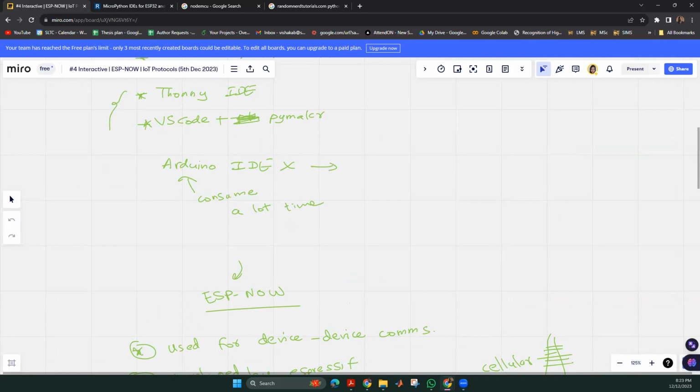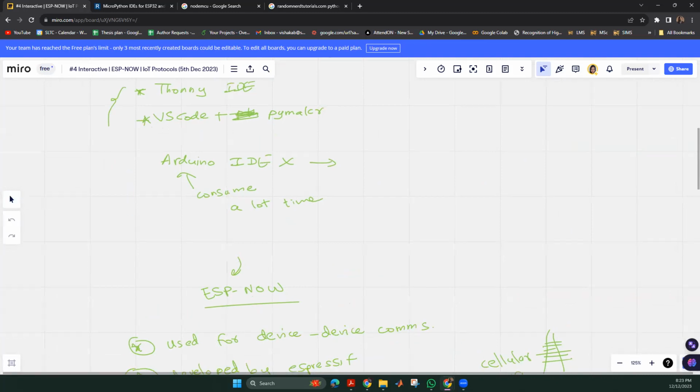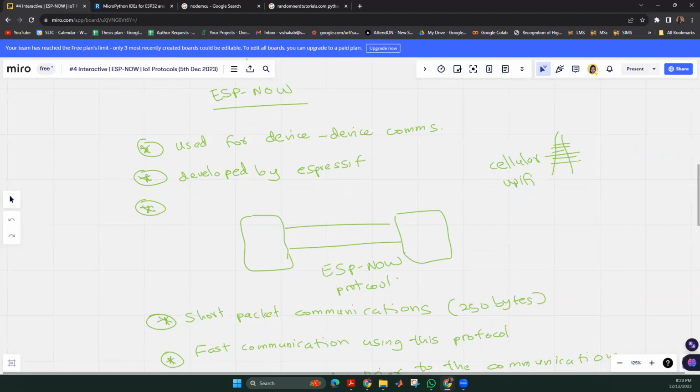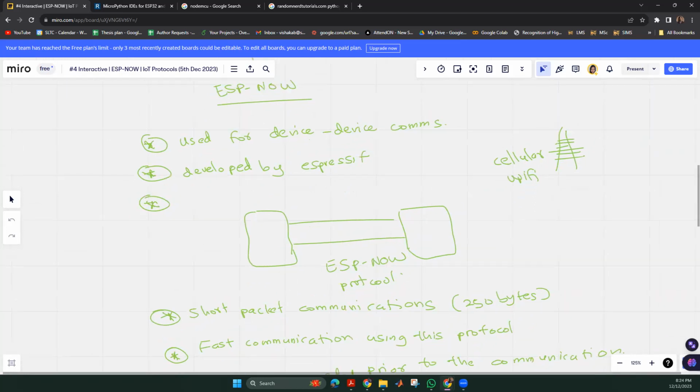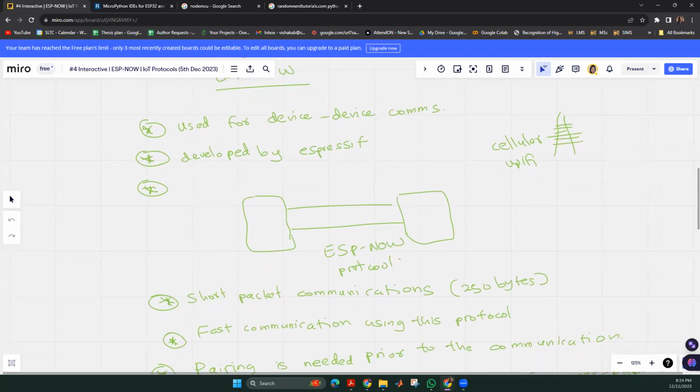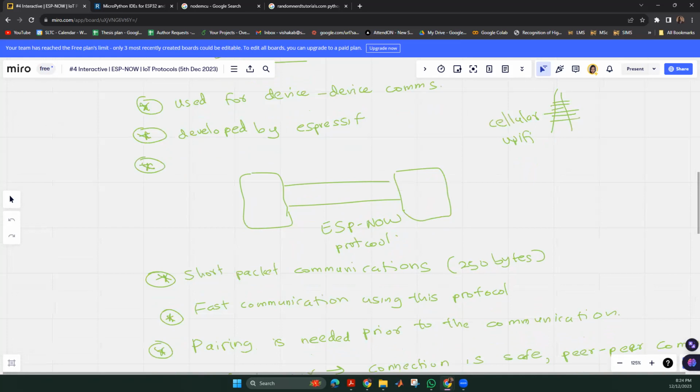Sometimes though, the Arduino IDE has some libraries which are useful for us to implement certain protocols. So if we have protocols such as ESP Now, and you want to directly establish a communication link with another microcontroller in the nearby area, then we need to establish the ESP Now protocol using the Arduino IDE and the library related to the ESP Now protocol. That is available basically in the Arduino IDE. So when you're using this Arduino IDE based ESP Now protocol, you are able to communicate directly.